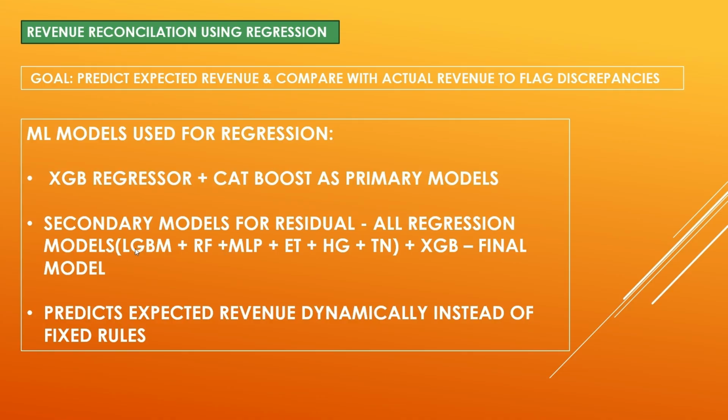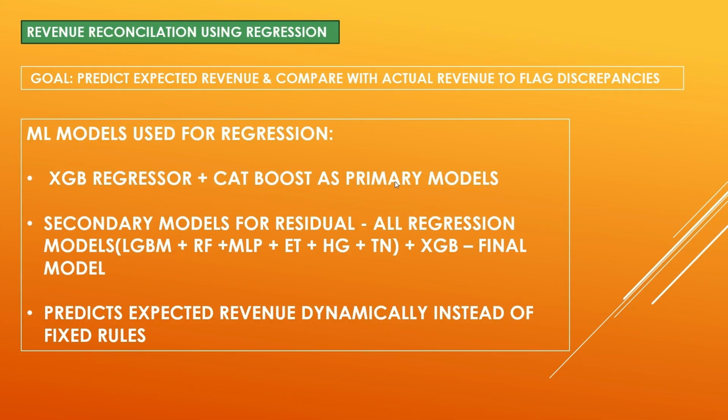You can see here LGBM, RF (random forest), MLP, and ET (extra trees), and hist gradient boosting, and then TabNet plus XGB is also there. It is a highly financial model that predicts expected revenue dynamically instead of using fixed rules. That is the benefit. Okay,